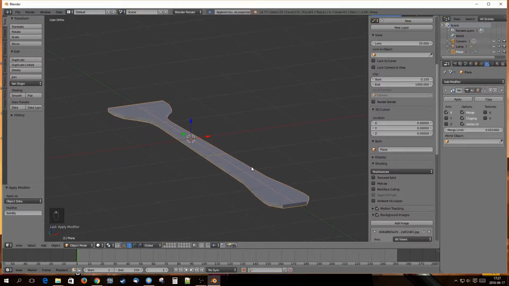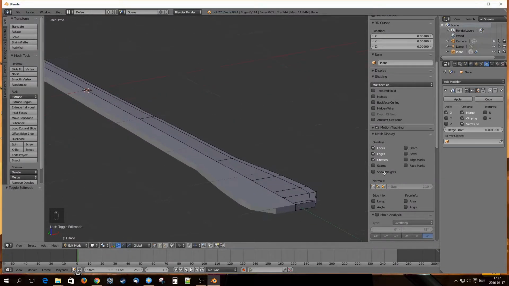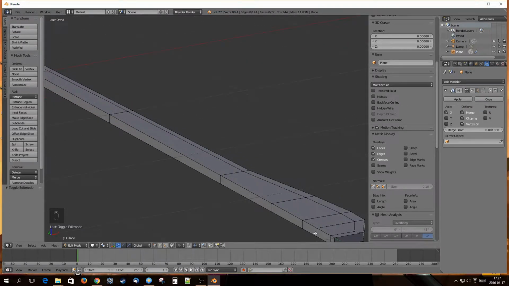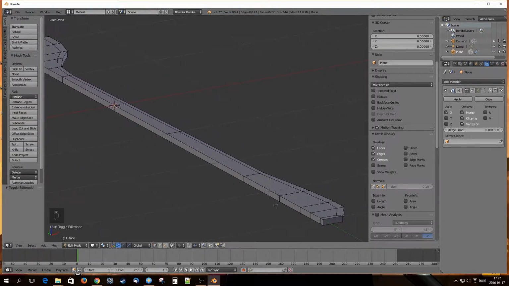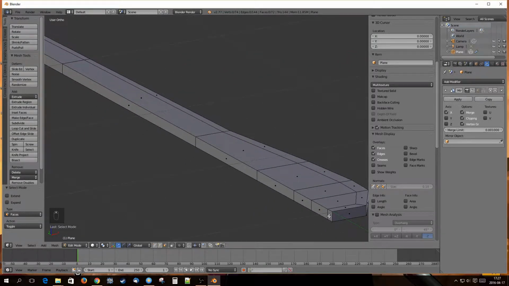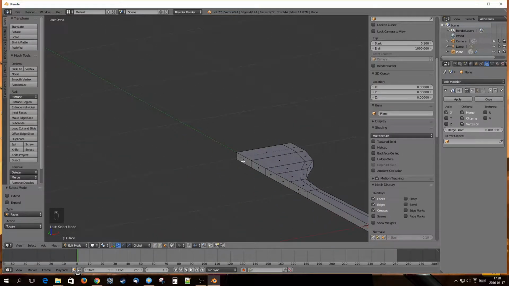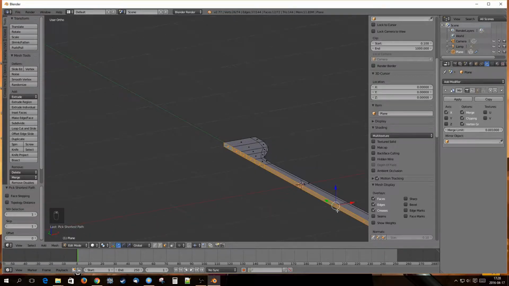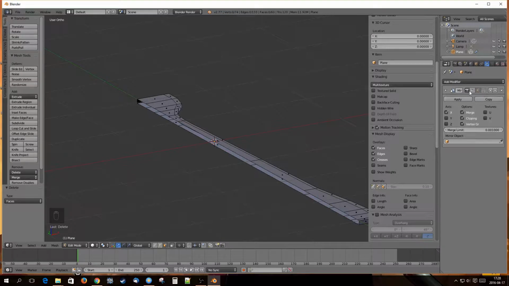Now if I press tab again, go into edit mode, there's a problem I don't see right now, but if I turn off mirror for a second, I can see that it created faces here in the center, and I don't want them, so I go into face select mode, I select first face here, and while holding control I select the last one, and everything between selects too, and I press X to delete these faces. And now if I go back to mirror,